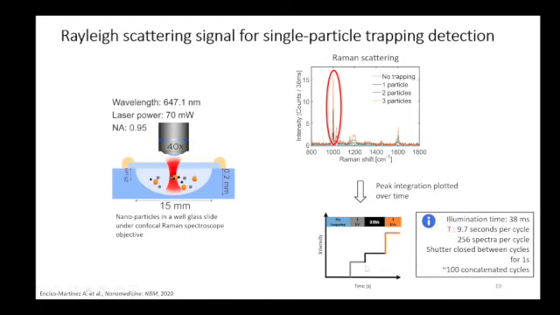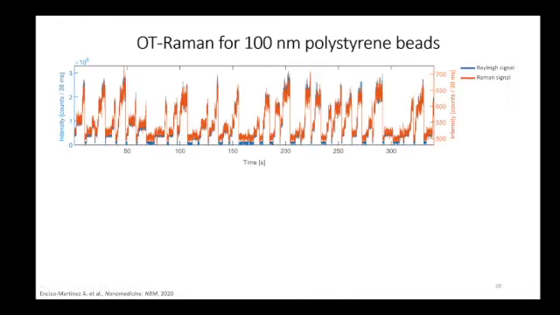So we can do this over time. Basically, at some point when we saturate the focal spot, we can close the shutter to the laser, and then the particle will be released. And then again, open the shutter, and then we collect more particles. And this can be done over time, so we can probe our sample in this way.